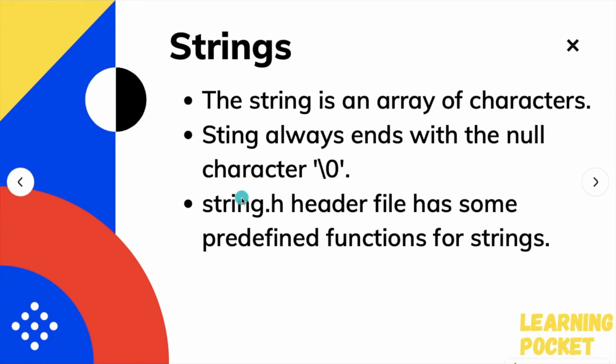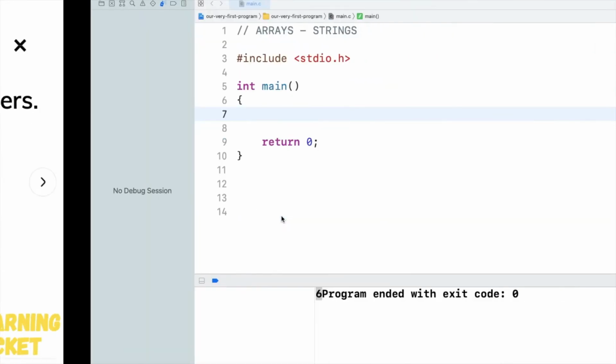There is a header file known as string.h. That is good to know. You can go through that yourself, and it has many functions you can use for strings. Just like we have math.h for mathematical operations, we have the string.h header file for string operations basically. This point is good to know, but we are not going to discuss this header file right now.